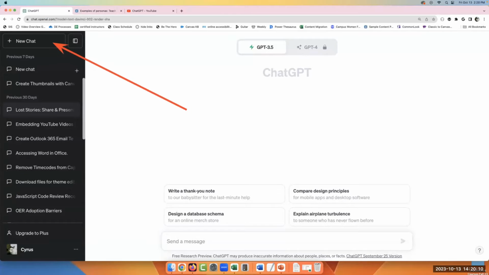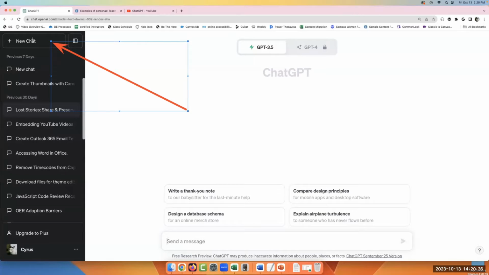You have the new chat in the upper left corner, and this is good because ChatGPT will remember everything that you're talking about, so you don't have to rewrite things. Each time you ask it a question and want to refine it, it's going to remember everything in that sequence.